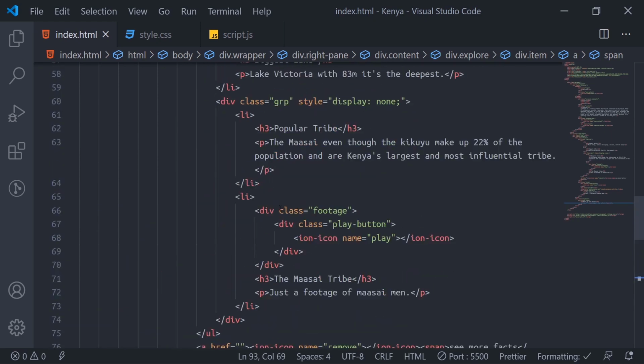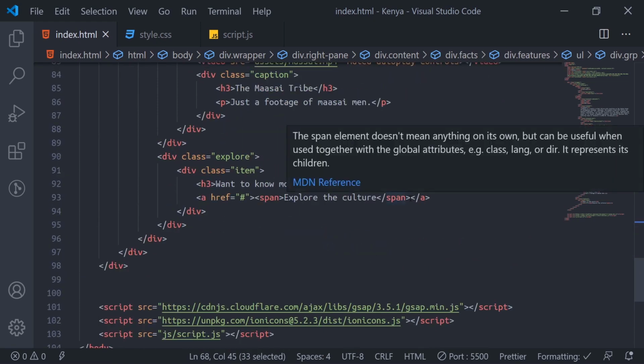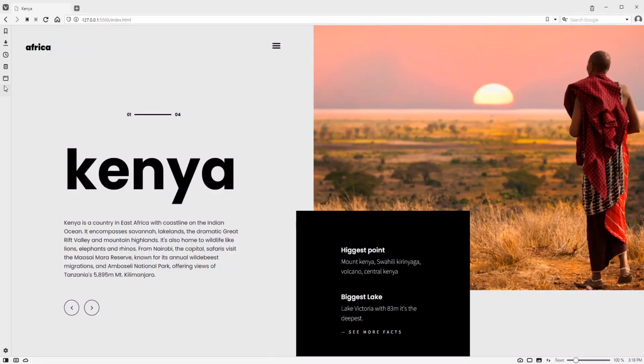I'll copy this one here, then paste it, arrow forward. Now I'm going to style this in the other side.